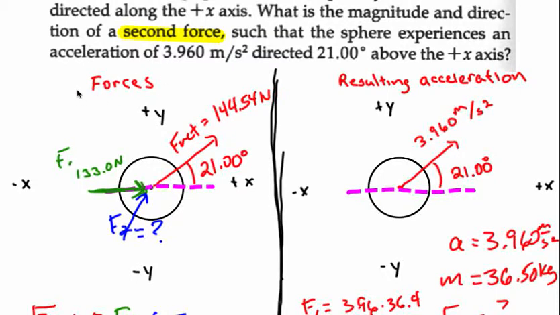One side I drew just the force vectors, and on the other side I am drawing the acceleration vector. My object is this circle in the center, and then the dotted pink line is just the x-axis. Just drew it out in pink. Here we have the first force, F1, of 133 newtons, going in the positive x direction. And then on the right here I have the